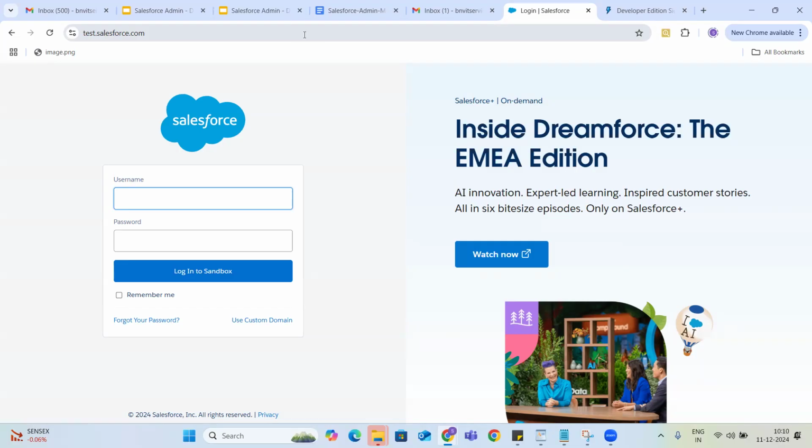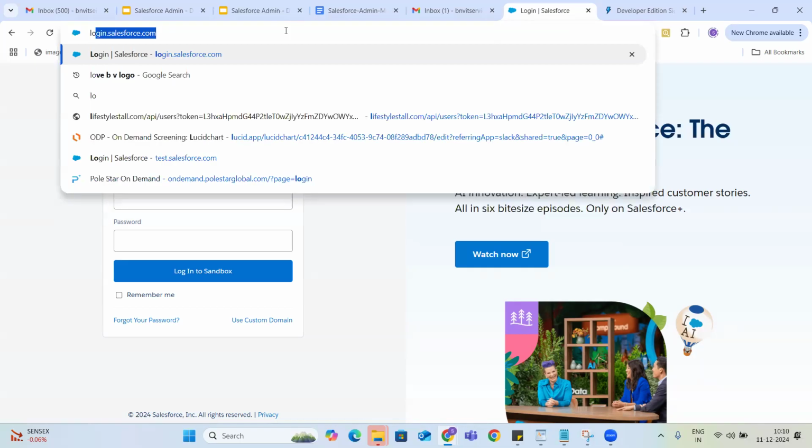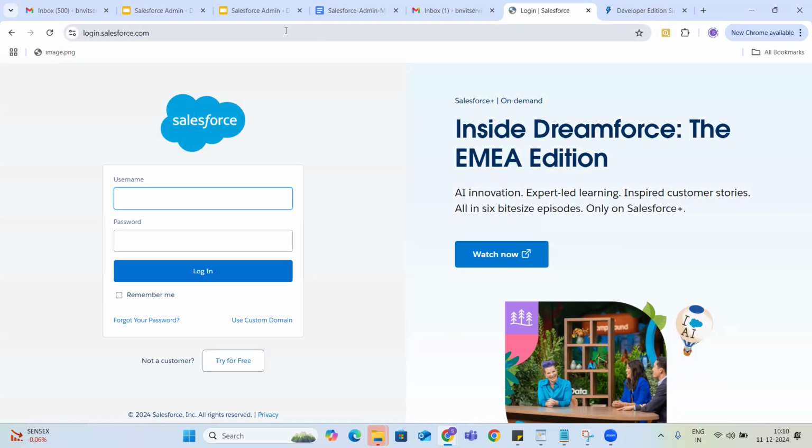login.salesforce.com is what we use to access our production orgs. In yesterday's class, I explained what a production org is and what development, testing, and UAT orgs are. Whenever we want to access our production org, we have to use the URL login.salesforce.com.